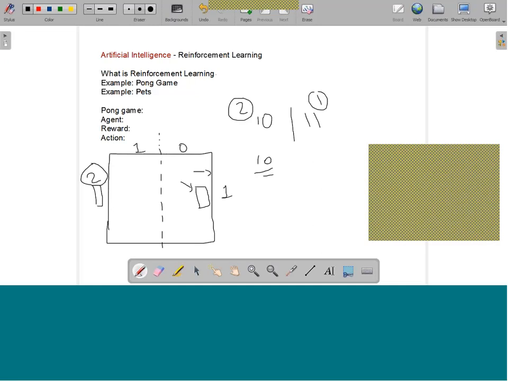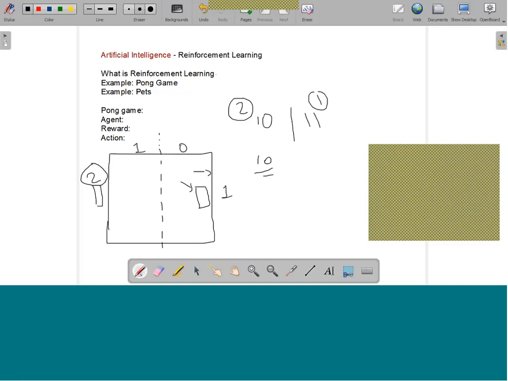Here, the move action is for the bat. If you are moving the bat in the upward direction, you have to press the up key on your keyboard or whatever you use to play the game. So understand carefully. Action is the main thing that the agent has to do, and reward is the feedback that you get whenever you make one movement.